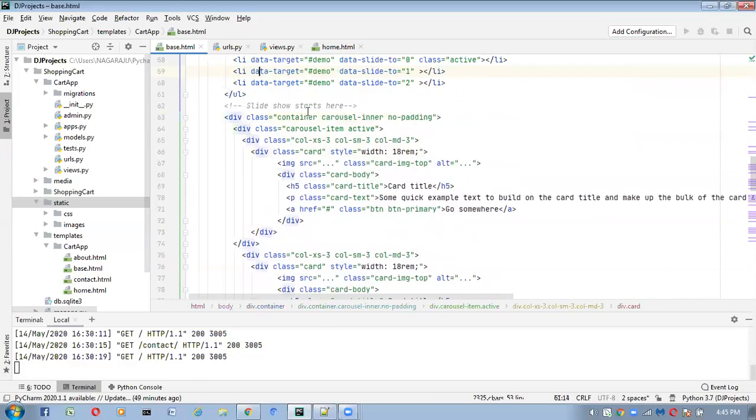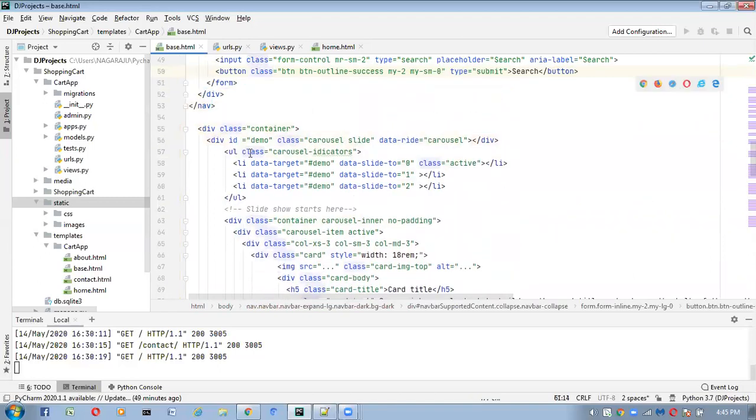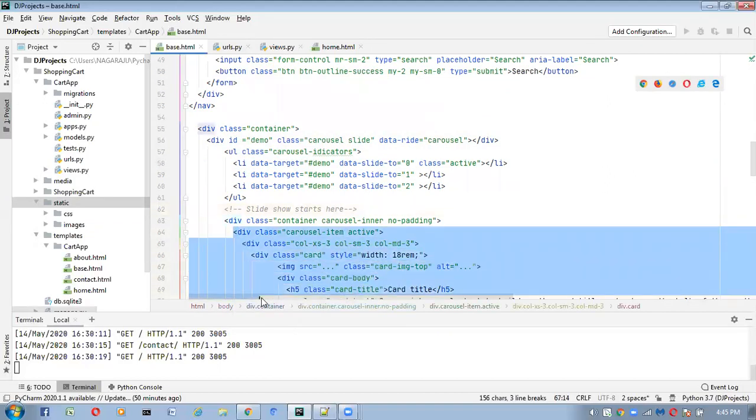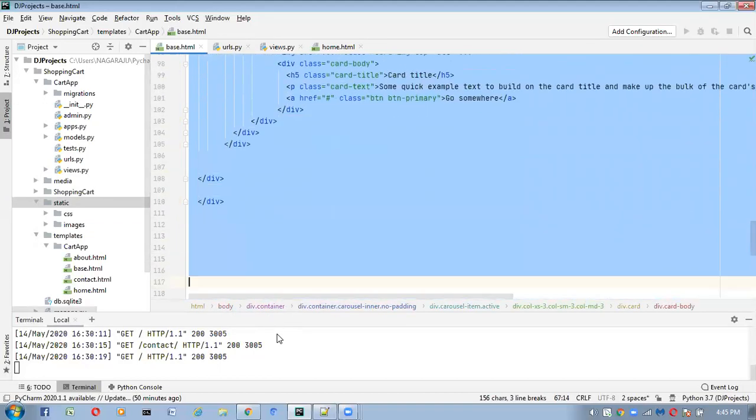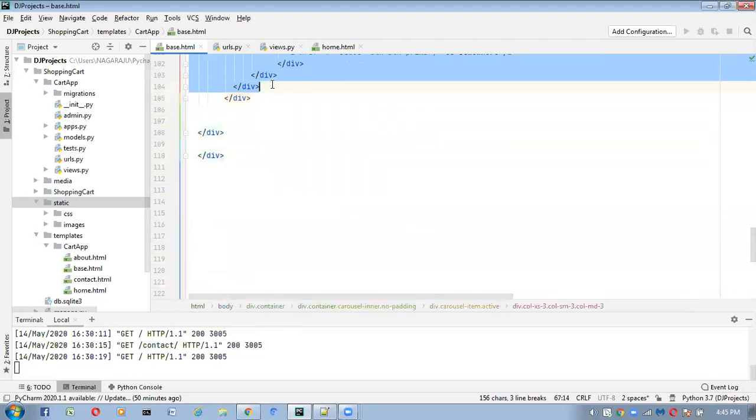Copy from carousel item, where we are taking. Give me 1 minute, we have to take all the things properly. So the last two are there, and this one makes a total of 3. Okay, up to here, up to here.